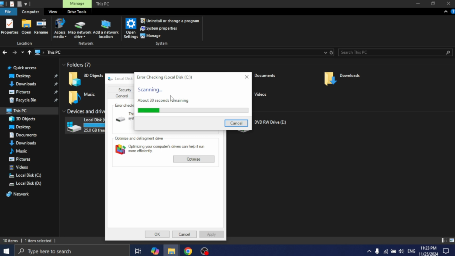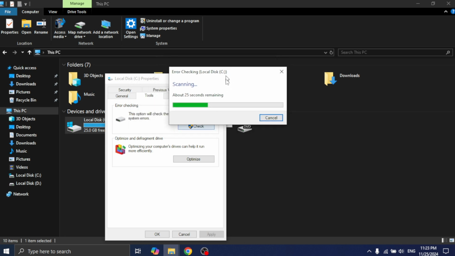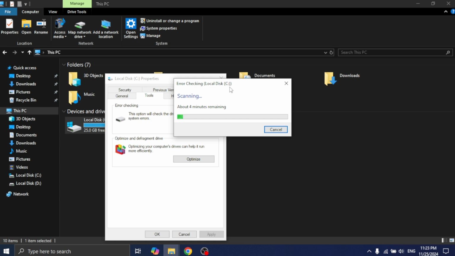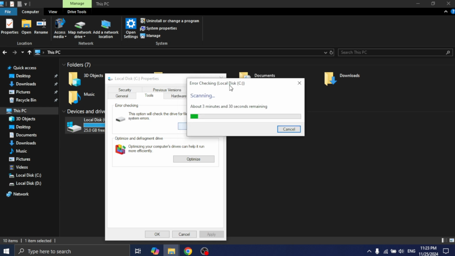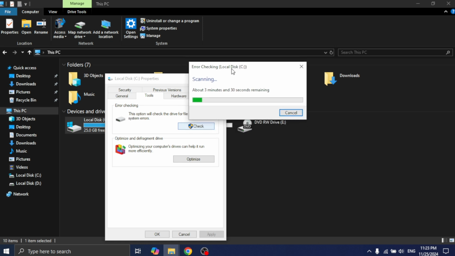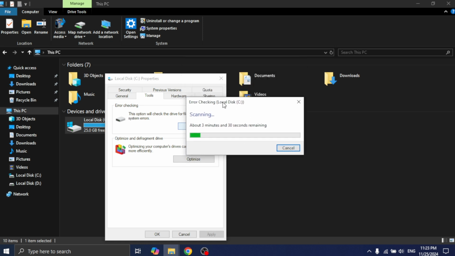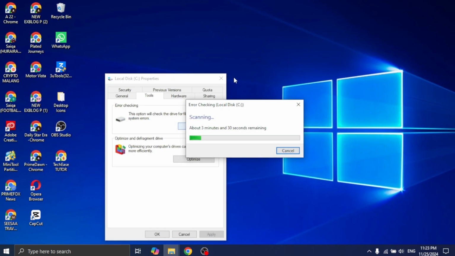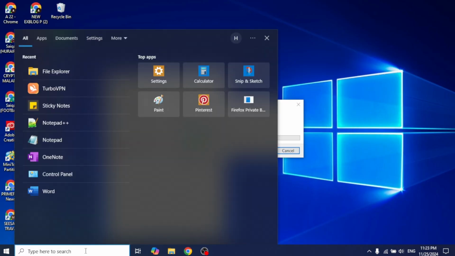And now the second thing you'll have to do is go back. It's saying that it will take only 25 seconds. Now it's saying 4 minutes. There are two more steps after this one, so let's do the second step while it's loading. The second thing you'll have to do is search Windows